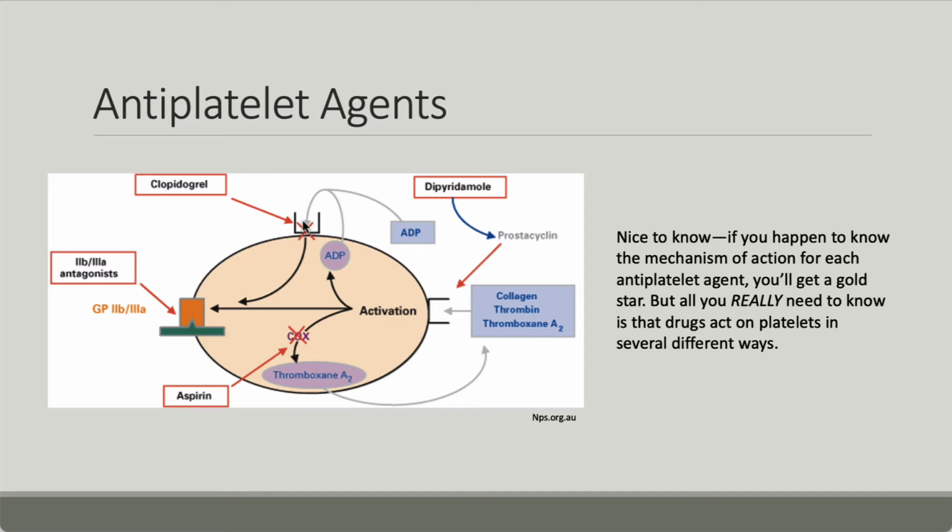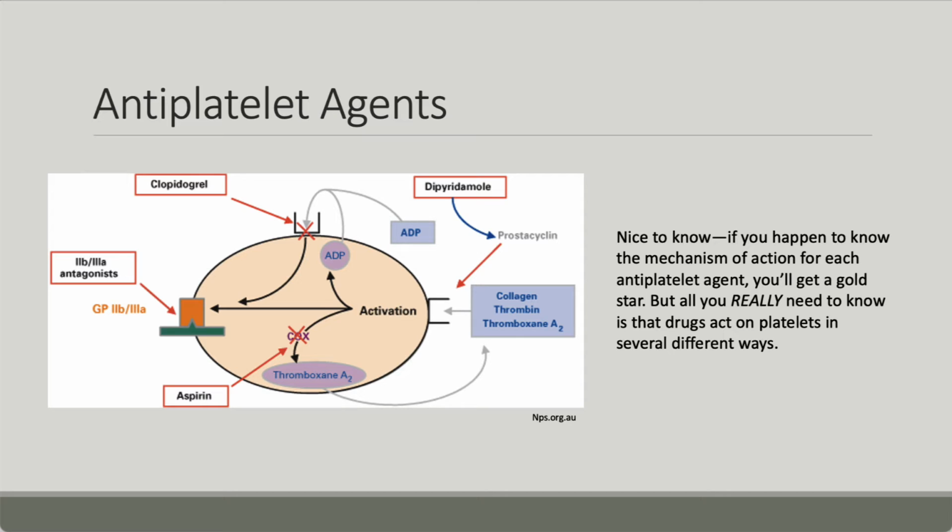Clopidogrel and some of the newer antiplatelet agents hit the ADP receptor. So you'll know about them. And then if you work in the cath lab and participate in doing angioplasties and stents and things like that, you're going to use this drug class called the glycoprotein 2B 3A antagonists or inhibitors. So the GP2B3A inhibitors are very powerful. They're only available IV, but they poison the platelet in a way that the platelet is just done. It can't work. All right.